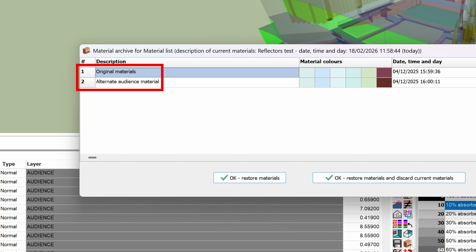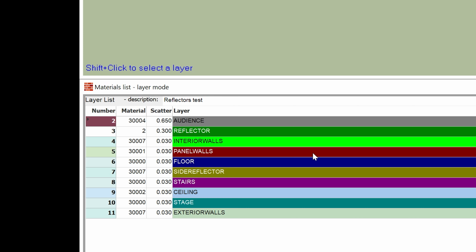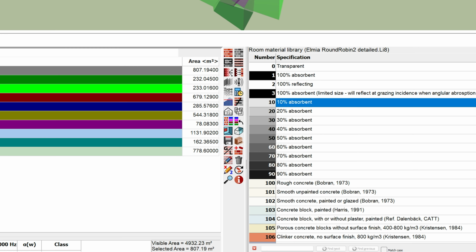Typically, these are older material lists, though some can be newer ones if the current material list is an older one you restored. The descriptions of the material lists are taken from here, so we recommend to update the description before each time you save the material list, so that later you can distinguish the different versions of your material list. You can manually save the materials and description without closing the window by clicking this icon.